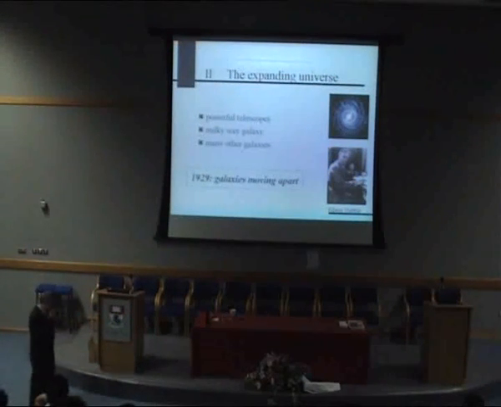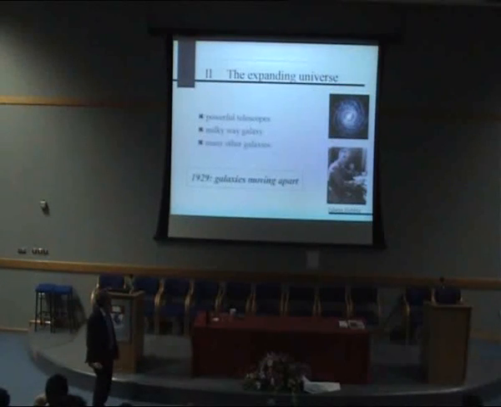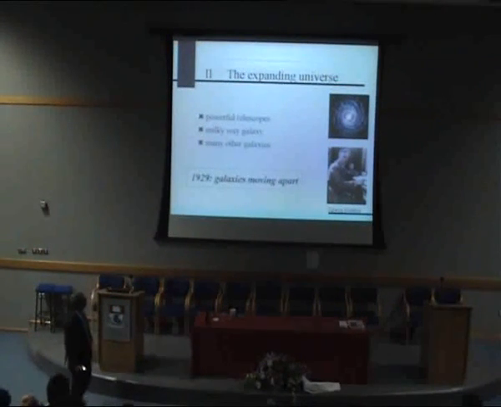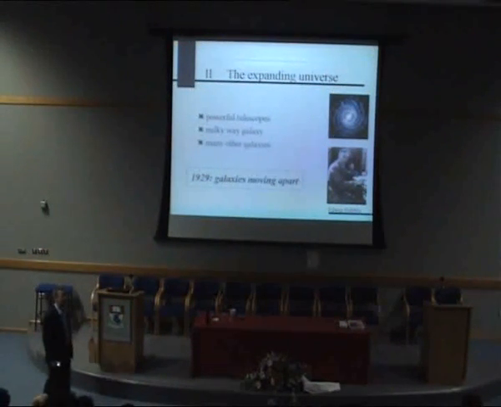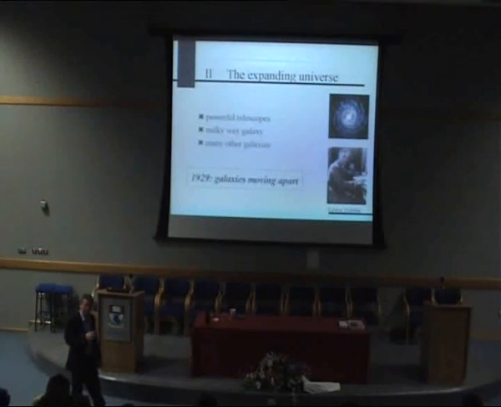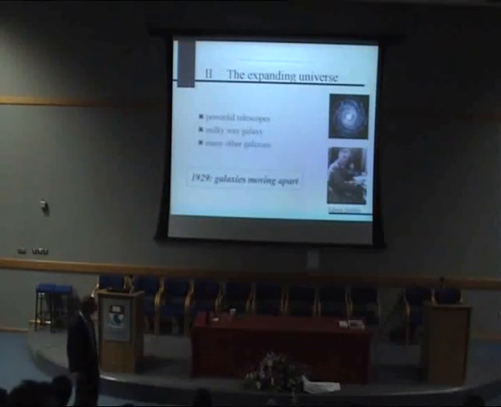Okay, so that's pretty much what was known about cosmology right up to the 20th century, and then all hell broke loose in 1929. What happened was powerful telescopes had been developed. People had begun to realize that our solar system is only one solar system in a whole shebang called the Milky Way. That's our local galaxy, the Milky Way. But the big discovery was, well, there's two big discoveries.